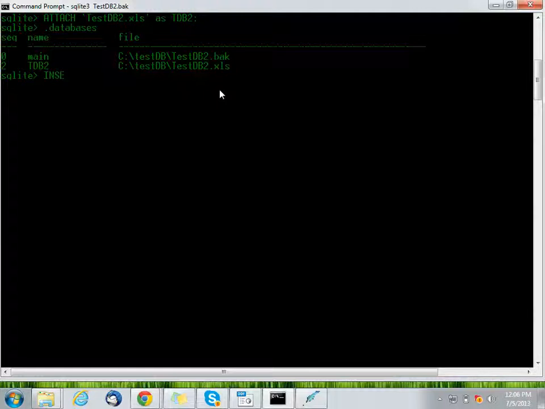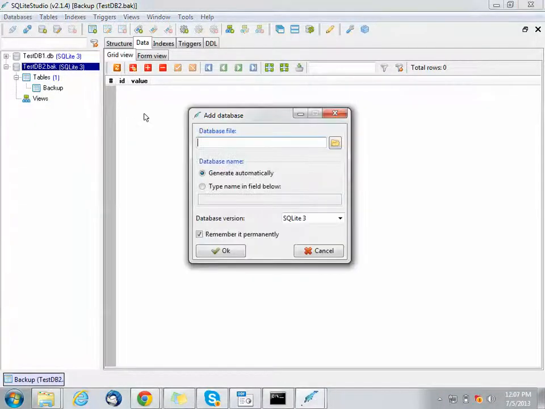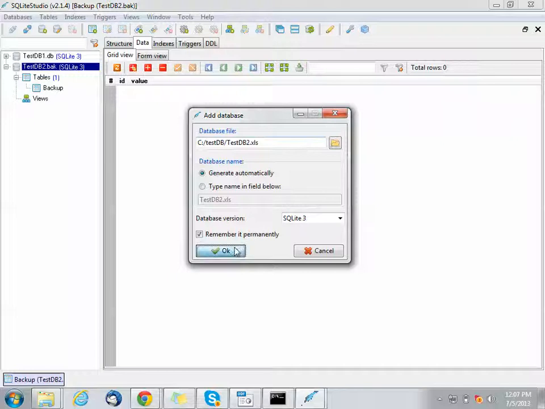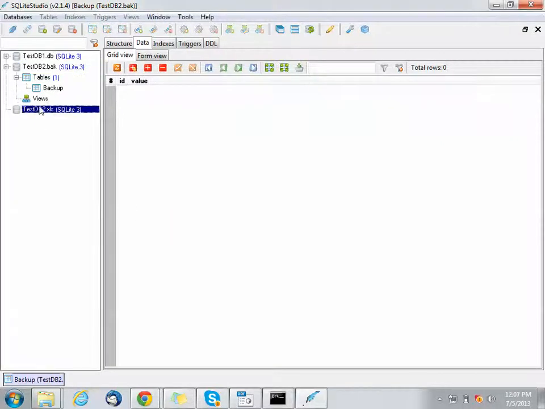So now we'll insert the data of the XLS database into the backup file. The table name was test1.